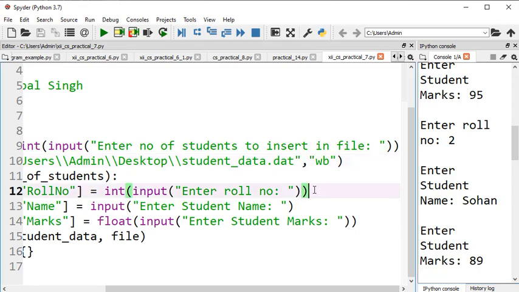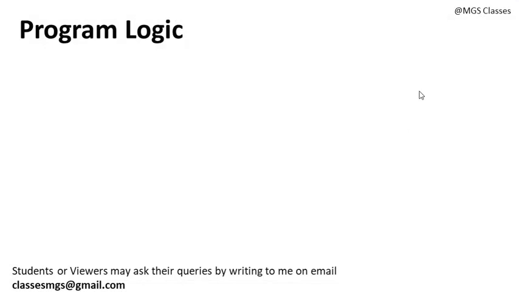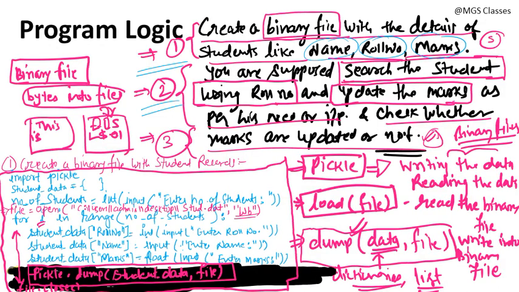Now this is the first part we have completed. Now we are moving to our presentation, and now see the next part. We have created a file with the 5 students' data, and we have used the pickle module and inserted it into the binary file.